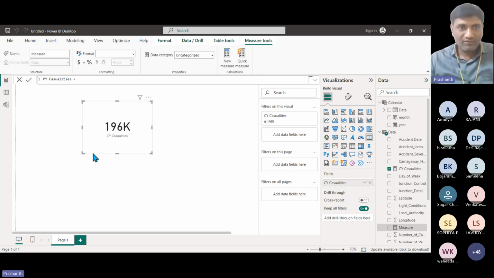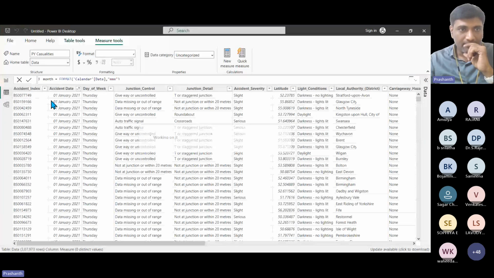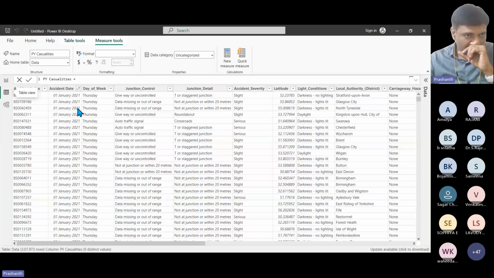I will use the same method. How do you know what the previous year casualties are? Not accidents, the casualties, right? Previous year casualties is